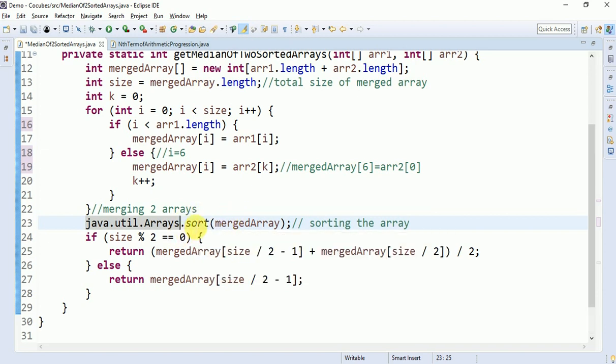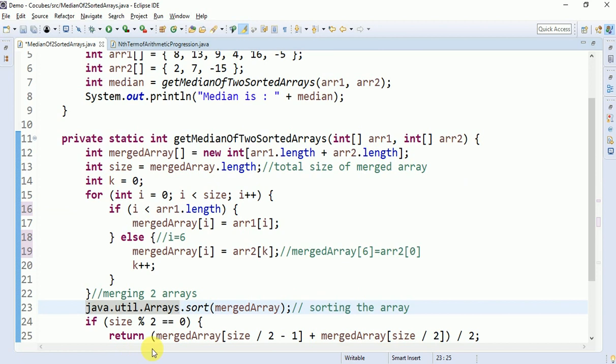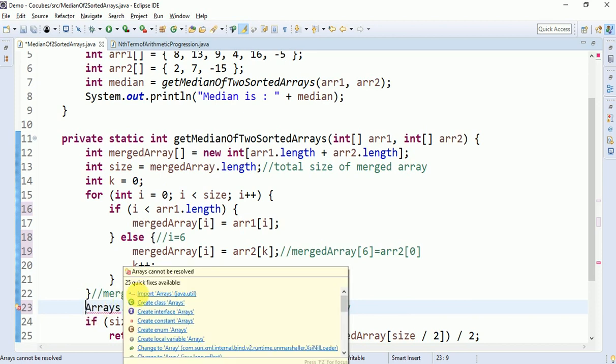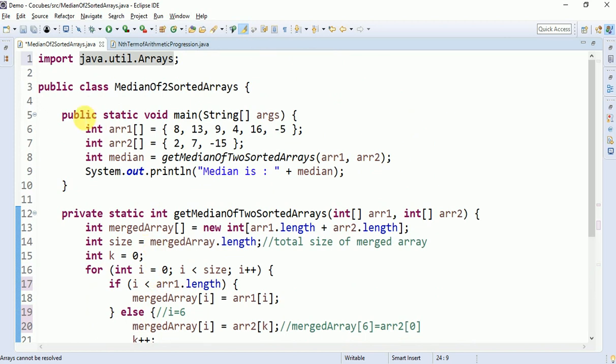So sometimes there may not be a choice of importing new classes for the program. So what you can do is, for the inbuilt package, whatever is there, you can put it as a prefix of the class name. Okay, so if you remove this, it shows you an error. Then what you can do, just say import, this is the suggestion I am taking. So on the top it comes, right?